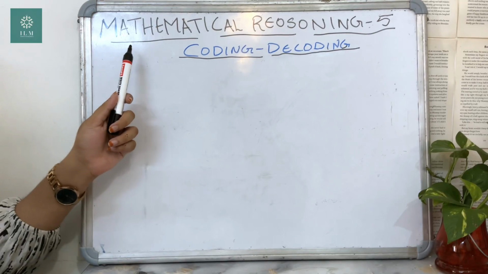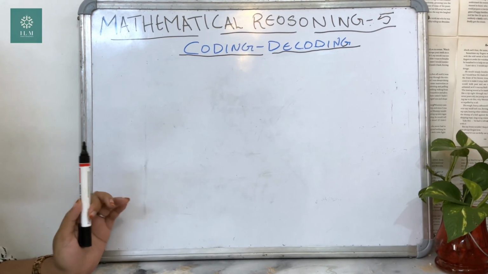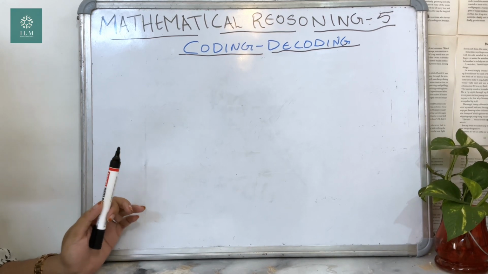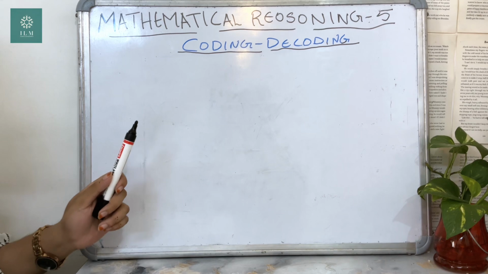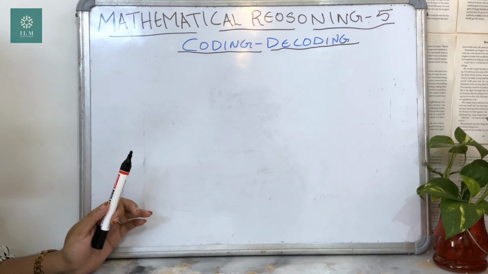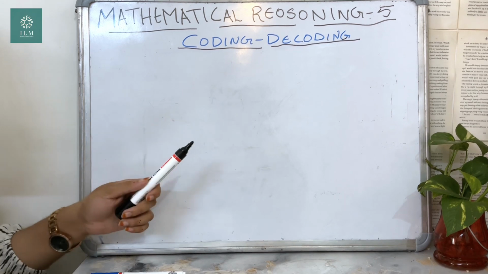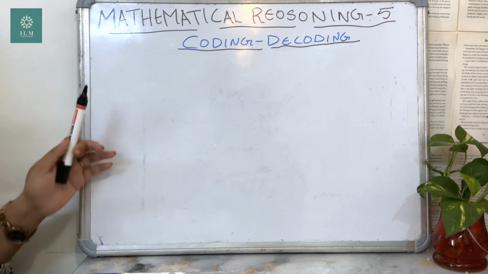In today's lecture, we are going to discuss mathematical reasoning, that is Unit 5. In the Oxford English Dictionary, reasoning is defined as the action of thinking about something in a logical and sensible way. So, reasoning essentially involves drawing a conclusion on the basis of our knowledge and the information given to us in a particular situation.